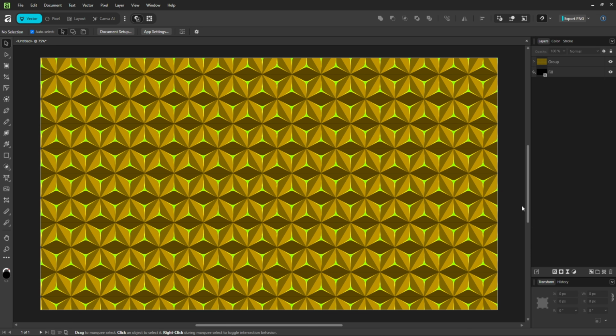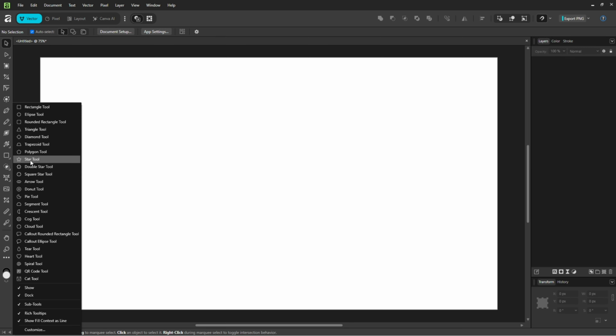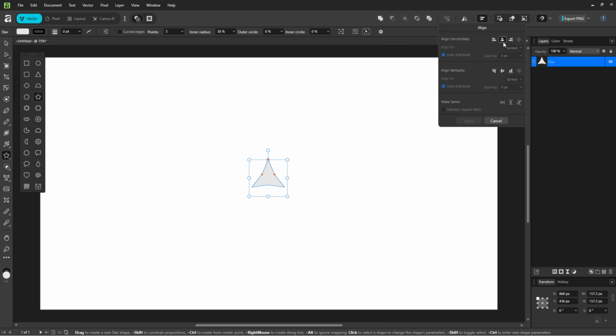So let's get started. I've already got my document here and I'm going to grab the shape tool and select the star tool. I'll draw a star, go to the context toolbar and change the points to 3. So we have a 3-pointed star. Then I'll align it to center,